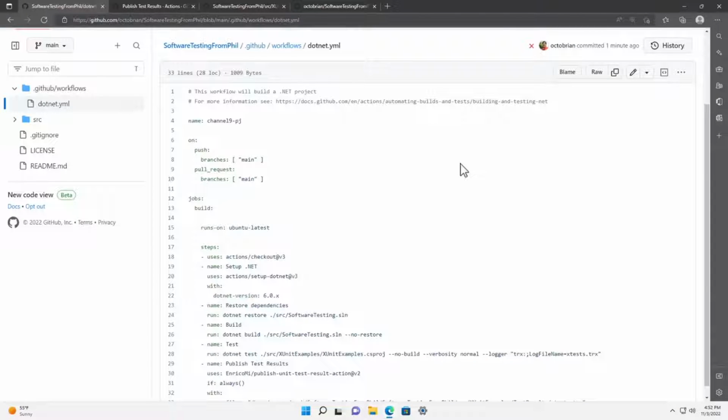Now, this is one of those places where I'd like maybe to see a little more assistance in helping me with paths. You will find, in all honesty, as someone who spent some time on both Azure DevOps YAML and GitHub Actions YAML, that paths are your biggest pain point. It really just is being able to get the tools to find the thing you're looking for. Are the two YAML flavors different between Azure DevOps and GitHub? Yes. Okay.